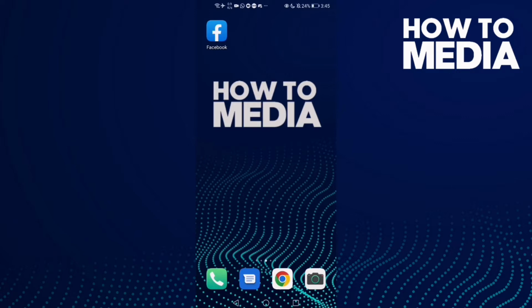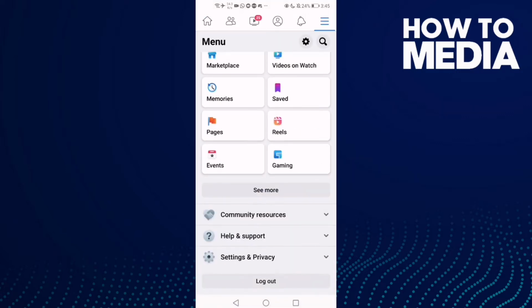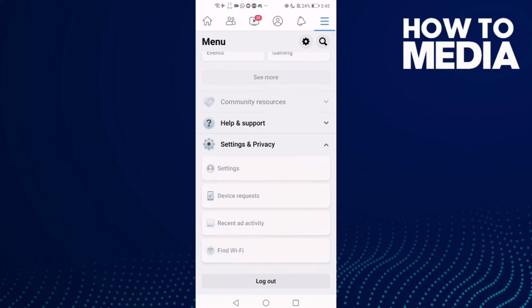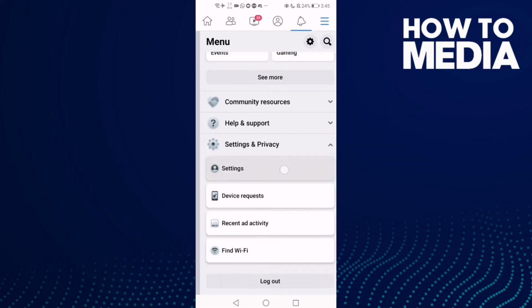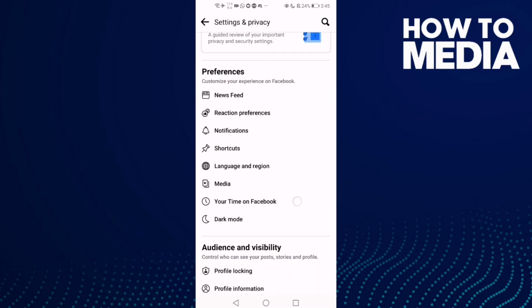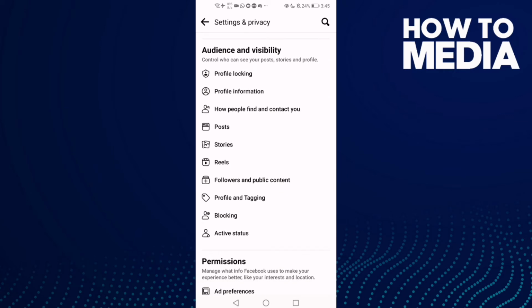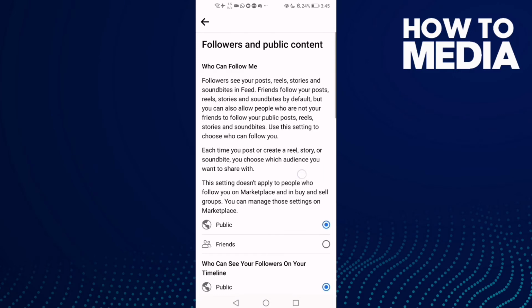First thing we're going to do is go to Facebook and then click these three lines here and go down until you find settings and privacy, and then click settings, and now just go down until you find this one, followers and public content,